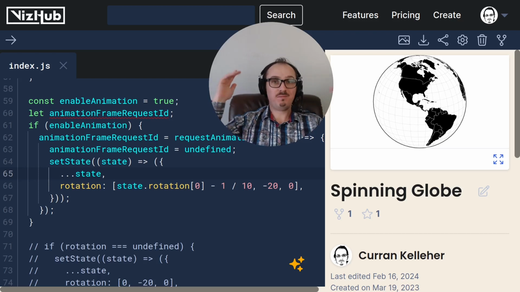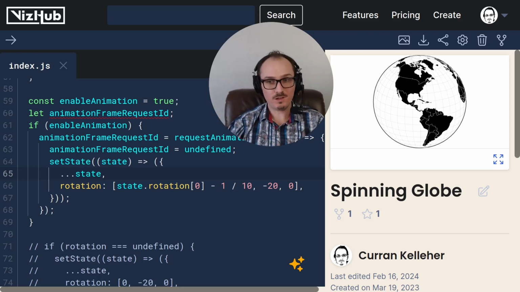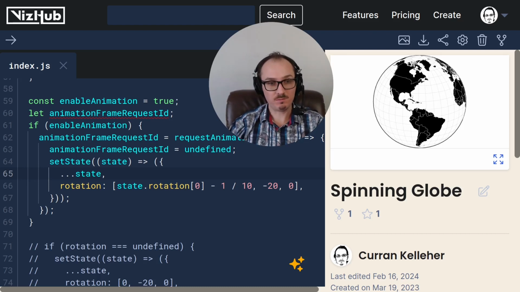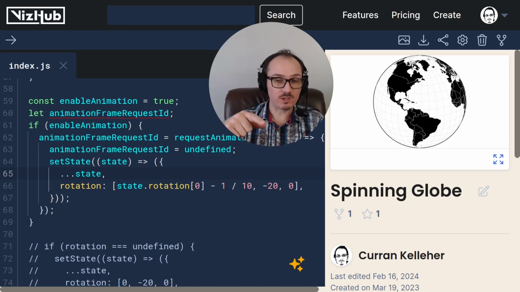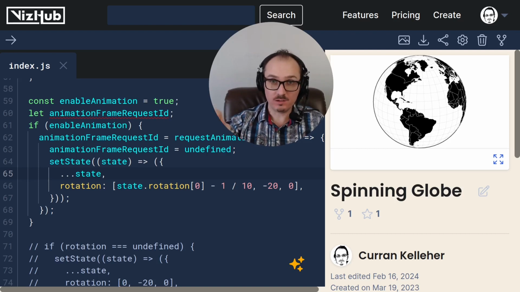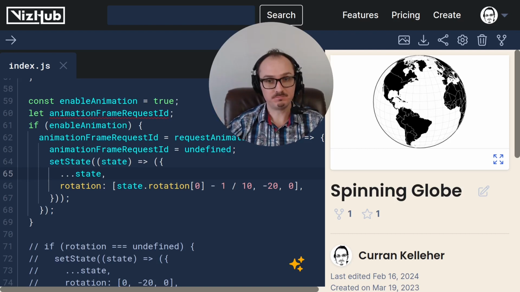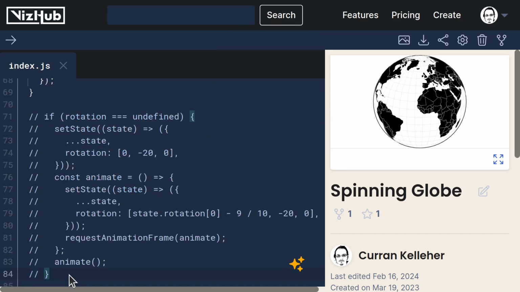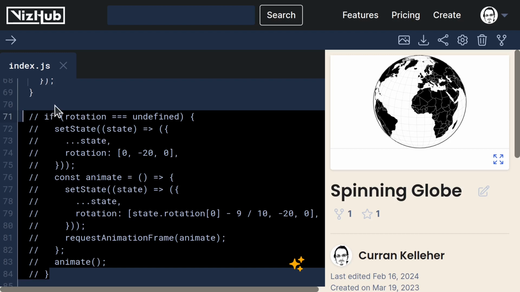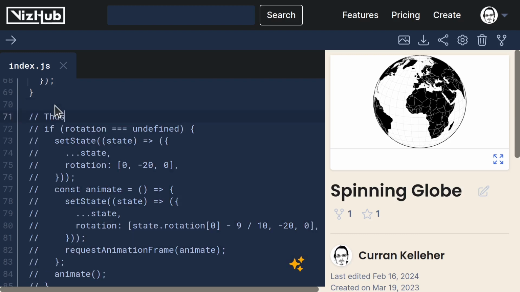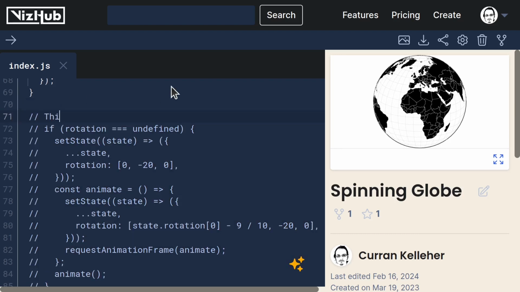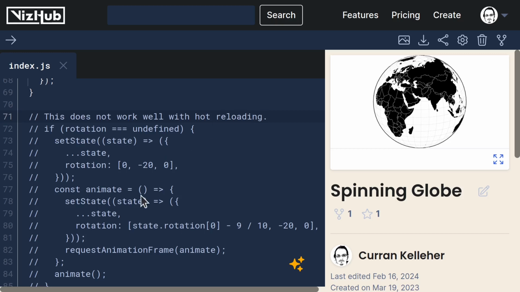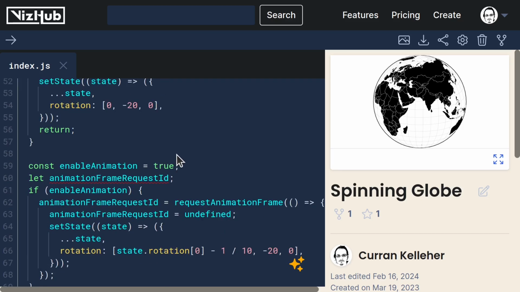Okay, great. That's how you can really solve the problem of animation with request animation frame in such a way that it works really well with hot reloading. Here's a recap of what we did and how this works. Instead of doing this, which I'll leave as a reference, and which does not work well with hot reloading, we got rid of this code and introduced this code here,